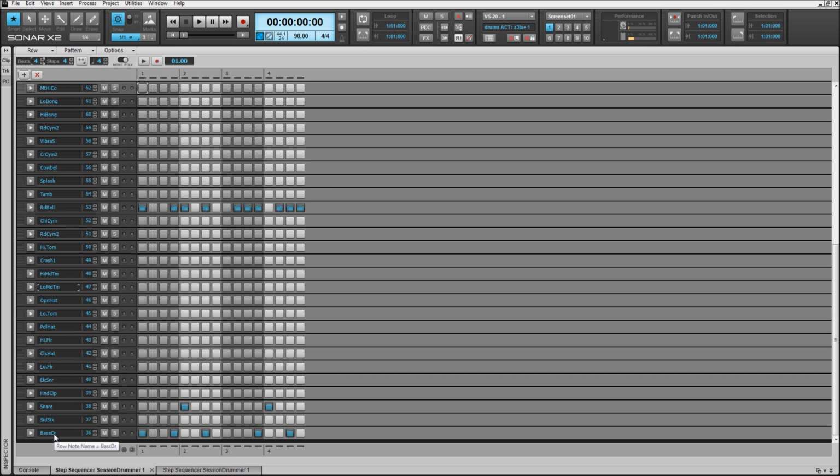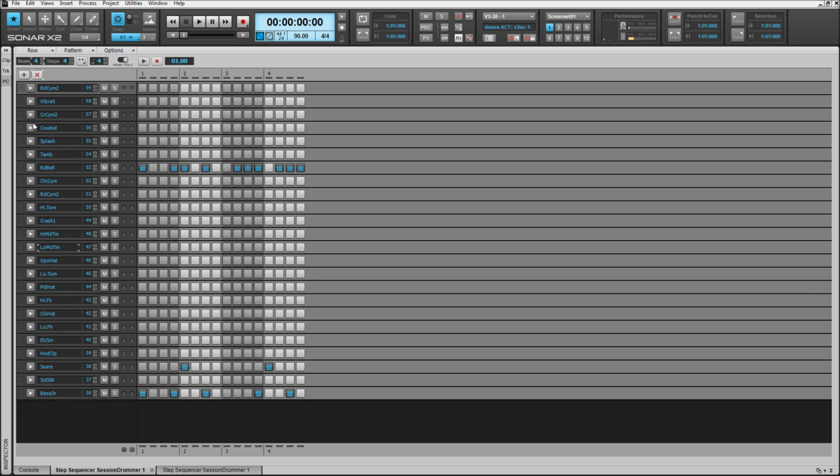within the specific instrument that you've loaded up within the step sequencer. So for instance, we've of course loaded up Session Drummer, so we have all the associated sounds within Session Drummer on the left hand side. Now I've got a load more because I added a load more, but I think we started off with around that many, say. Now we can add more. What you'll find is you can preview each sound by left clicking in the row,